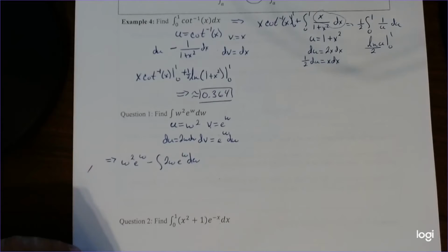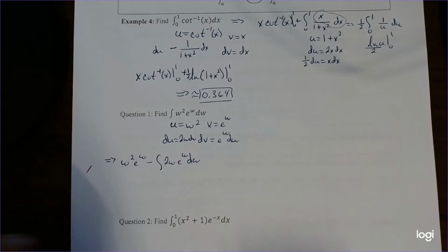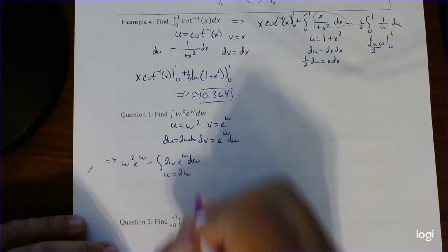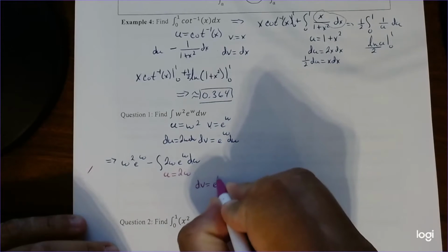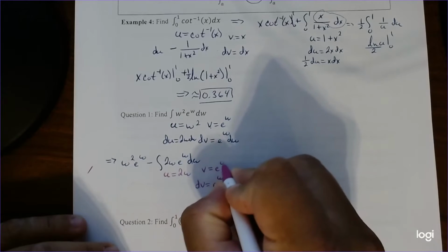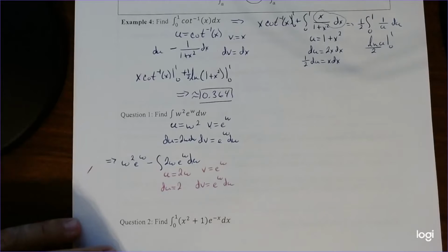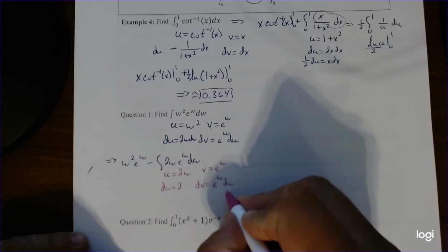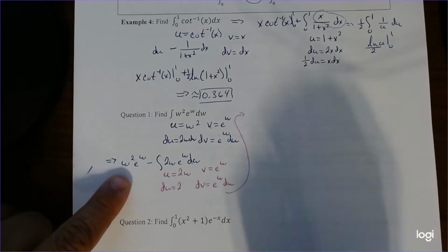Okay, so in this case, we have to do integration by parts again, and we do the same process. So we're going to let u now equal w. dv is still going to be e to the w. So the integral is still the same. Take the derivative. Now this is just going to be 1. Okay, so therefore it's going to be from the first part